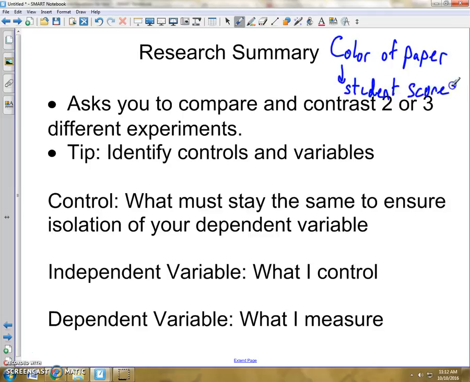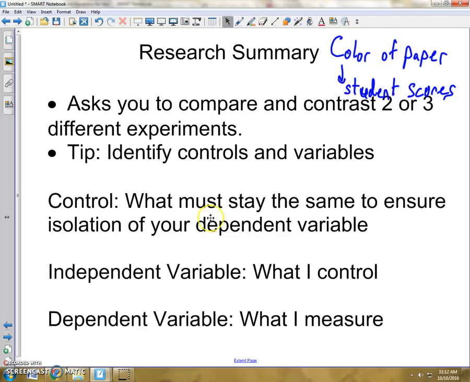Now you might say, well, Mr. King, that's stupid. Of course they don't affect it. It doesn't matter what color the paper is. But scientifically speaking, you don't know that until you do an experiment to see. Maybe it does. I mean, if you haven't done it, you don't know for sure. That's the essence of doing science. And so in this scenario, these two would be my